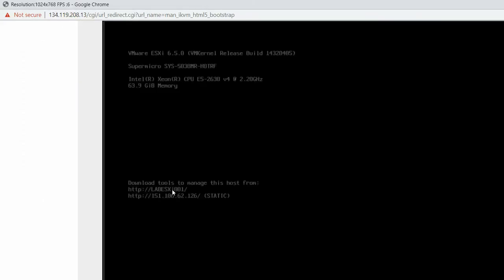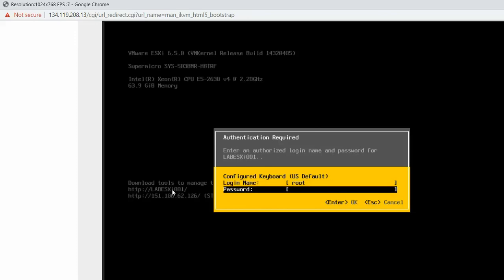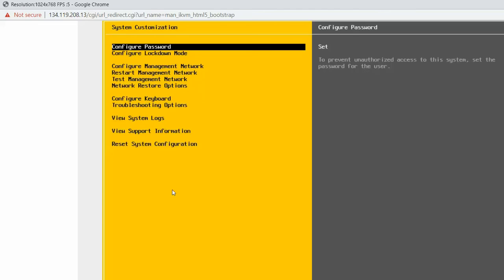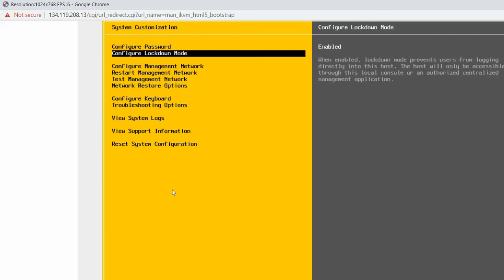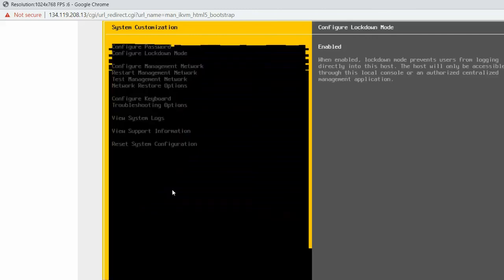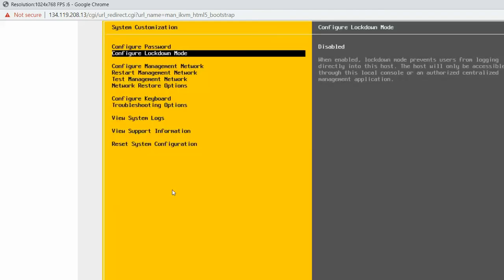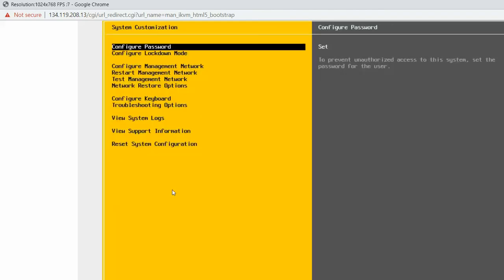So let me log into F2. Sorry, the password is undisclosed. Guys, I'm changing the password again. So the configuration lockdown mode is enabled. Now I'm disabling it and changing to a new password.